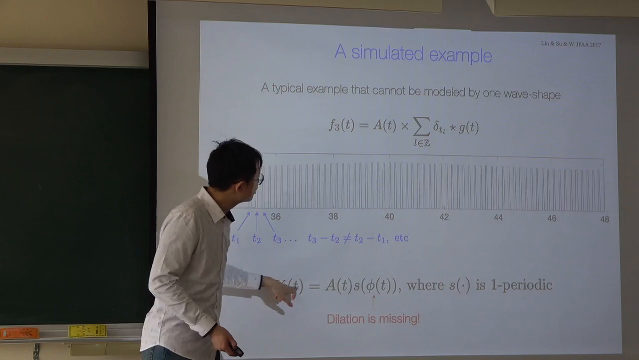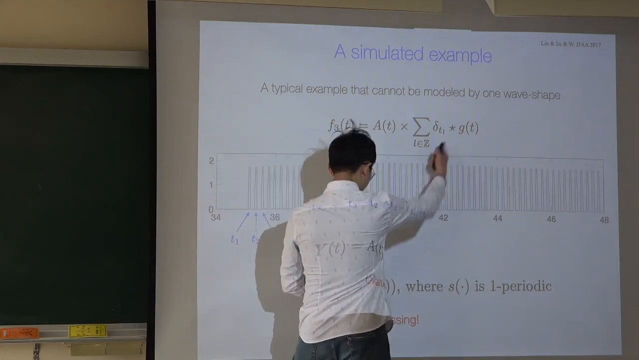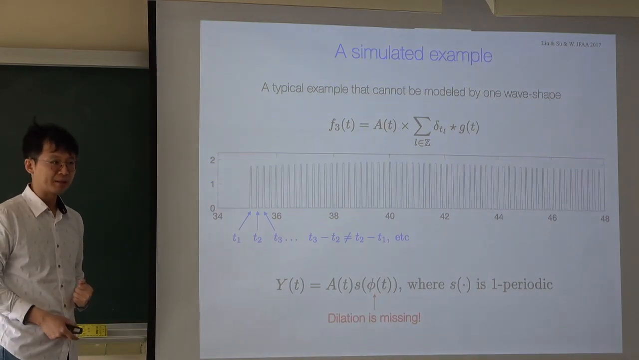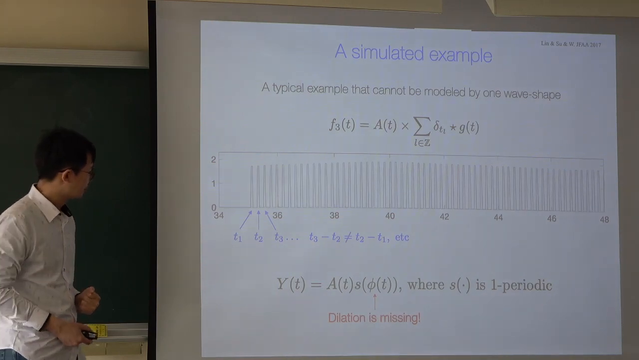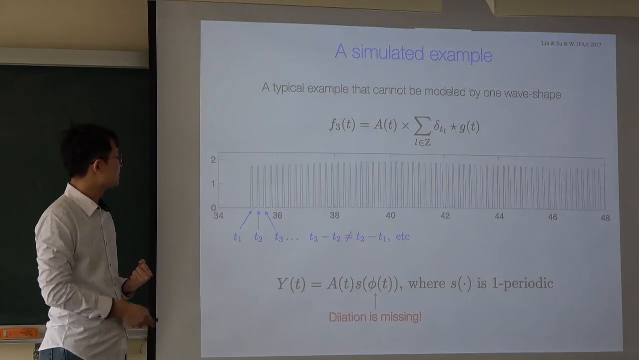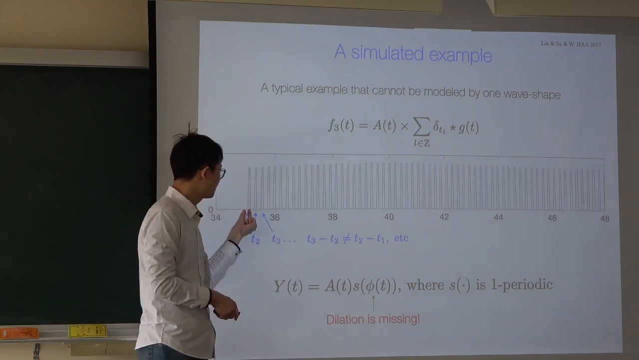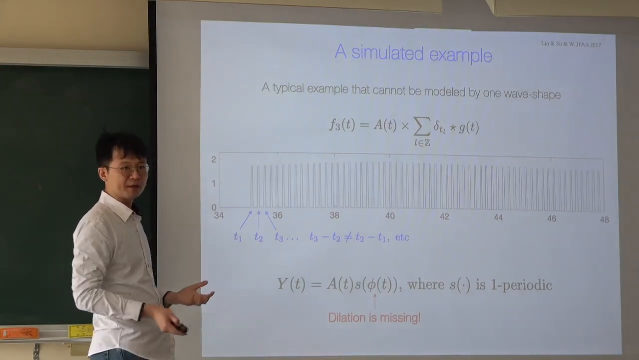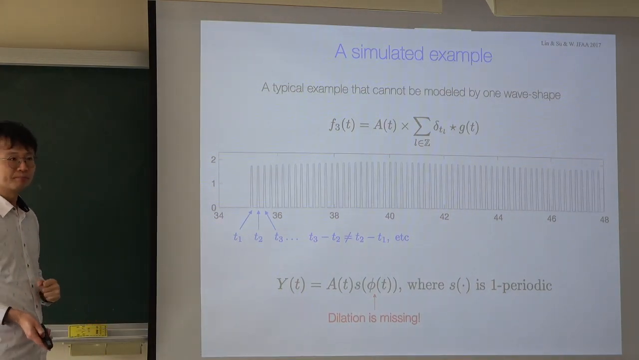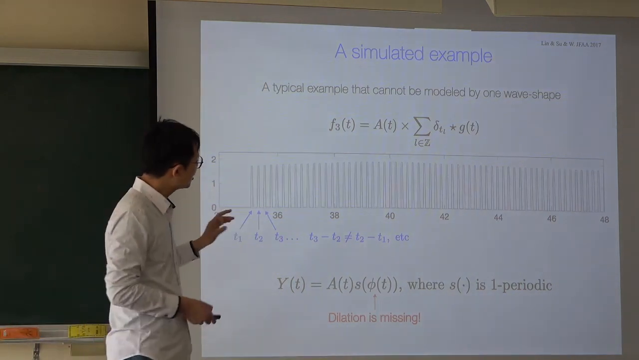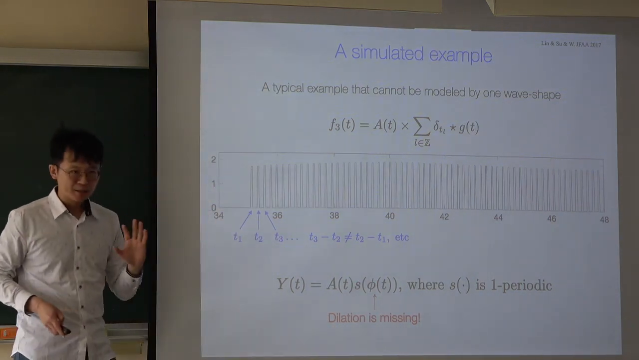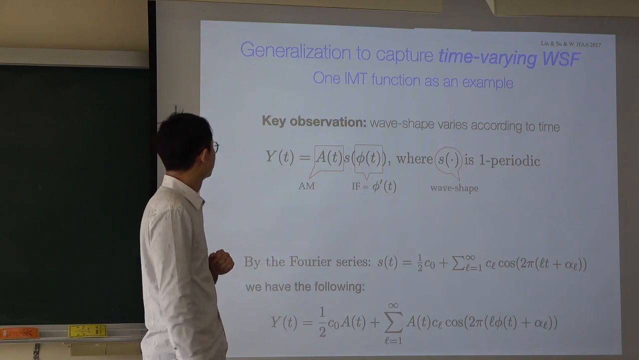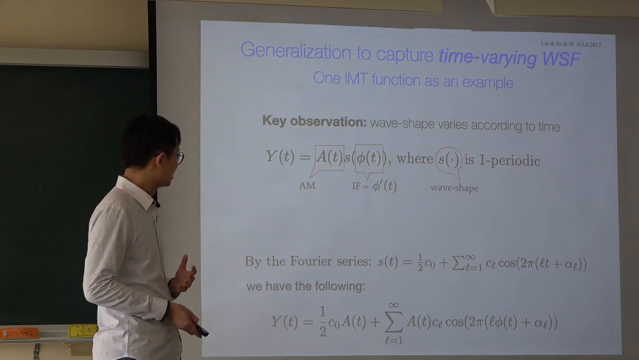So now if you use this to model it, with S as the G and you have phi, what do you lose? You lose the dilation. The dilation part is missing. Or the instantaneous frequency has to be fixed over a period and then change dramatically, fixed, change dramatically, and so on. Either way, you have troubles. So using only one wave shape function may not be the optimal solution. So the question we want to ask is: